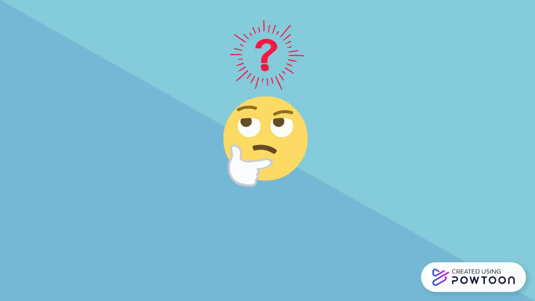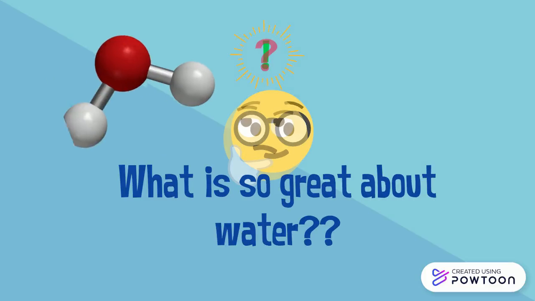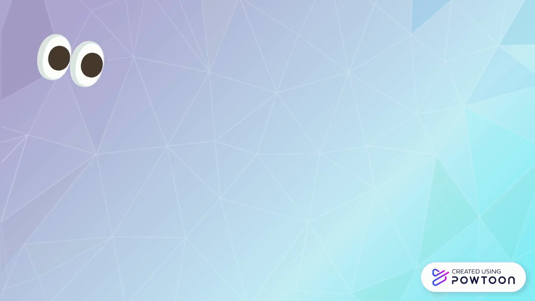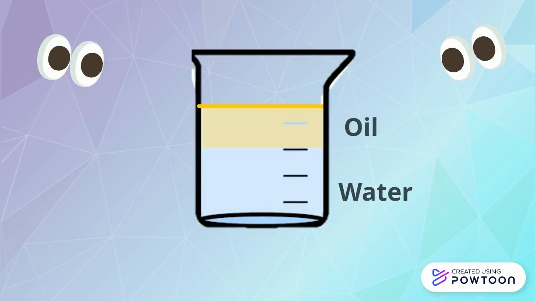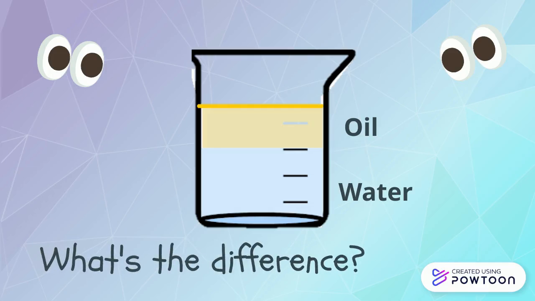In today's video, we are going to talk about one of the properties of water and what makes it so great, and why we call water the universal solvent. In this example, you can see two materials, water and oil. Most of you already know that water and oil do not mix. Why is that? Why are these two materials so different that the one will just sit on top of the